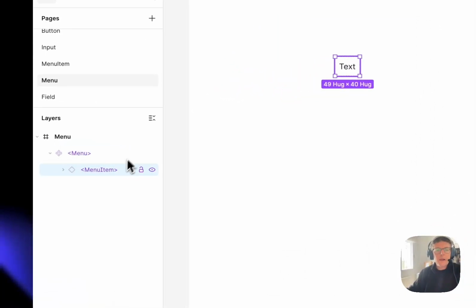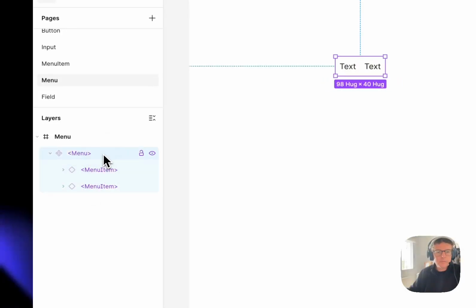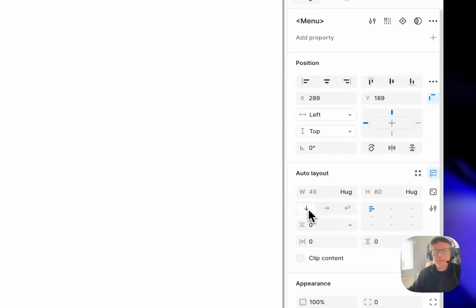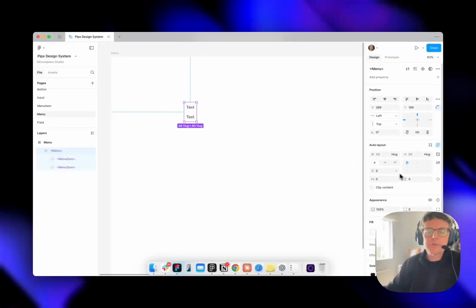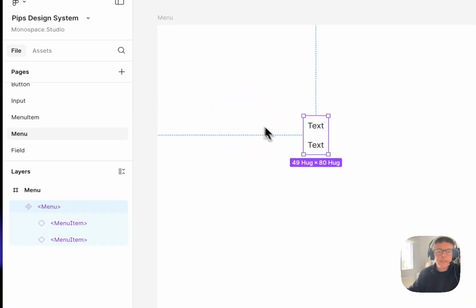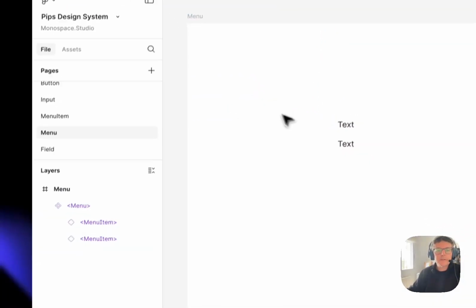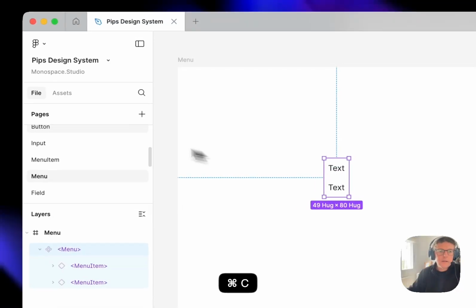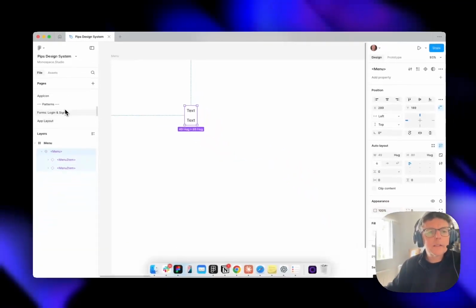Now let's add another one in there because we're going to want more than one. And this menu has now two options. For example, we've got auto layout, but it's going the wrong way. We want them to go down, right? And this is where we will control the content for the menu. And we'll do that when we get to needing it. Now we have a menu component, so we can now copy this, for example, go back to our prototype, and we're going to add